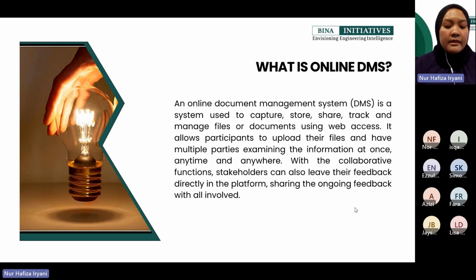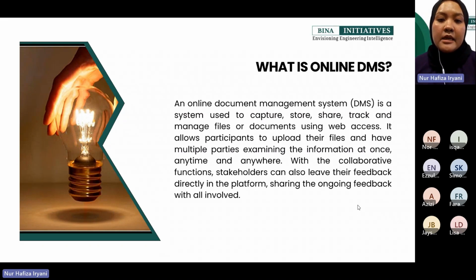As I said when I was about to start this presentation, why do we use the term online? Because we want to go precisely to an online system, and when we use an online system, it is on the cloud,